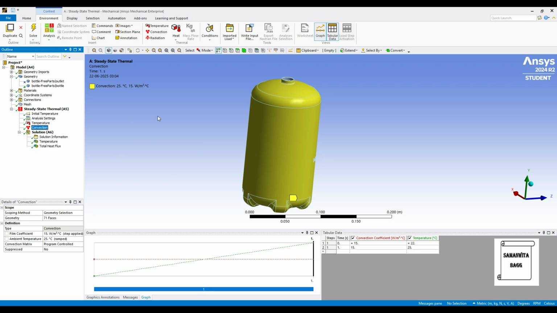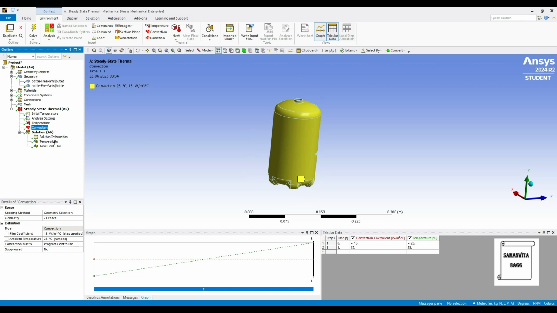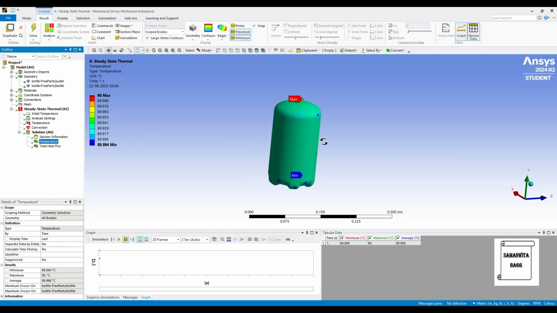It depends on what temperature or boundary conditions, I would say, your object is subjected to. So say if you are holding hot water or warm water which you take out from the coffee machine and you are putting into this PET bottle or stainless steel bottle, what kind of temperature difference you can expect is what we are studying in this analysis. And I have given you comparative analysis of PET and stainless steel. You can use any other material.